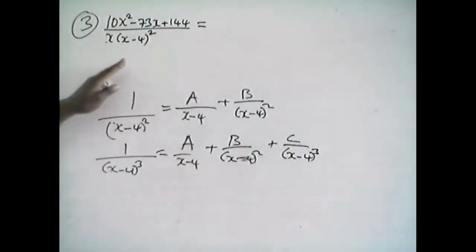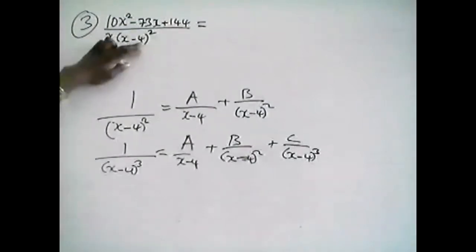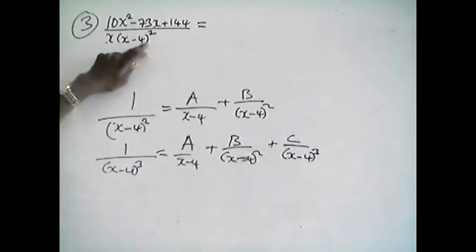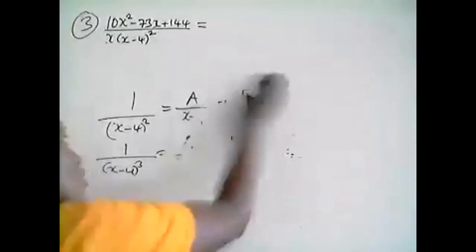Similarly, that's what we are going to do on that question that we have, just on that part. But for this part, you are seeing it's linear, so it will be A over this, and then plus, you start from here now again. So having given you that background, I'm sure we